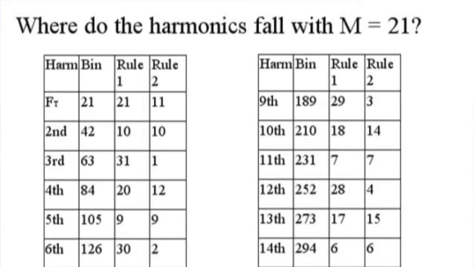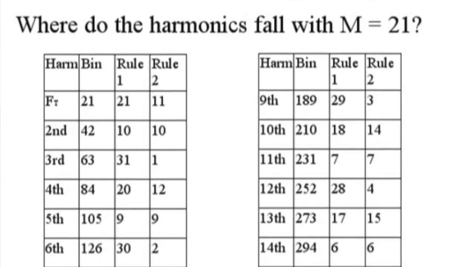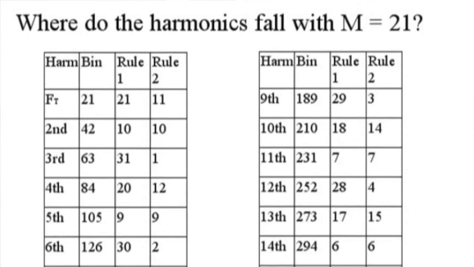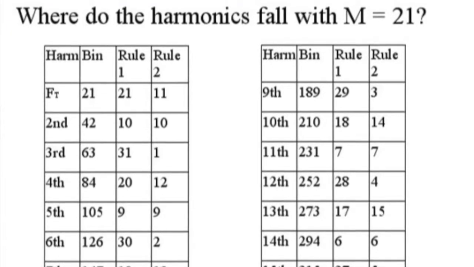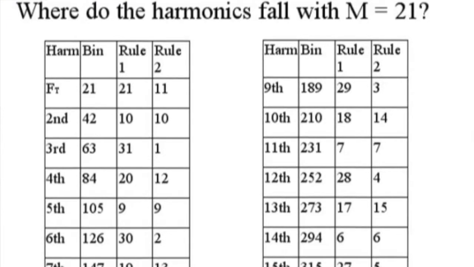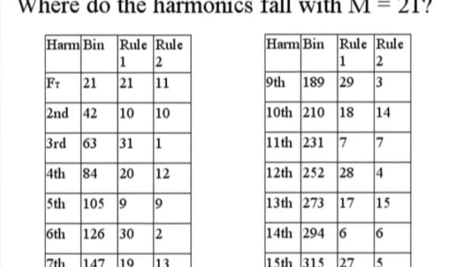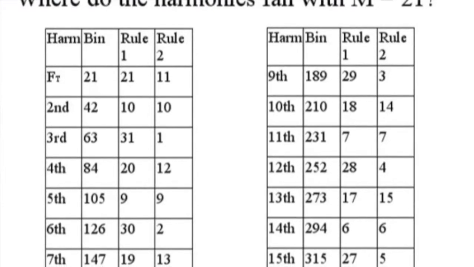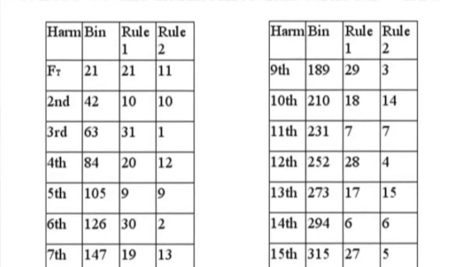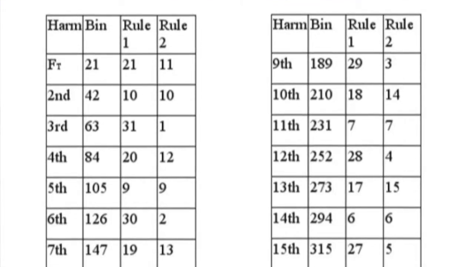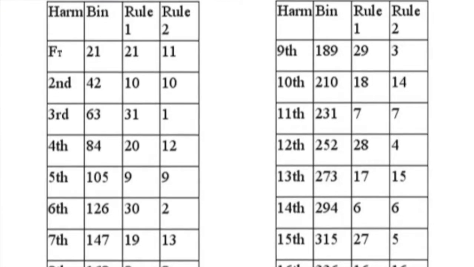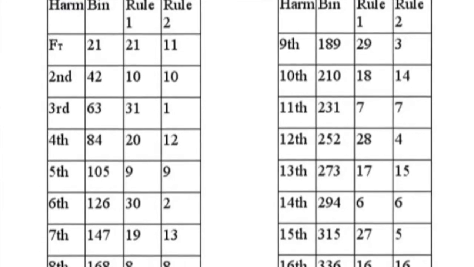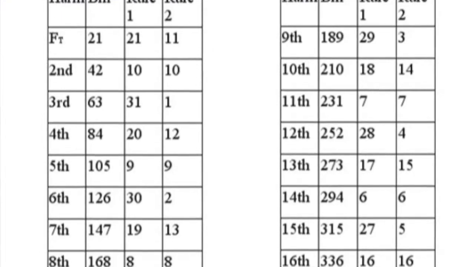But let's take one that's not prime. And the specific one there is an m of 21. So with an m of 21, that is an interesting one because it's not prime. If m is 21, the fundamental shows up in bin 21, and because 21 doesn't exist with an n of 32, it'll alias back into bin 11. The second harmonic will be in bin 42, but you can't see bin 42 either. So it'll alias back down to bin 10,